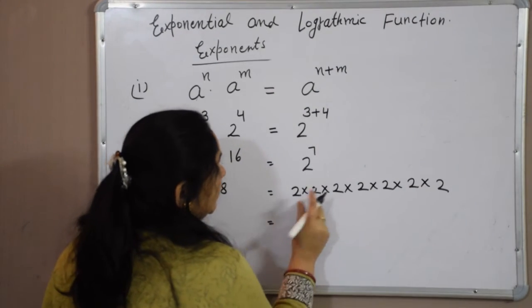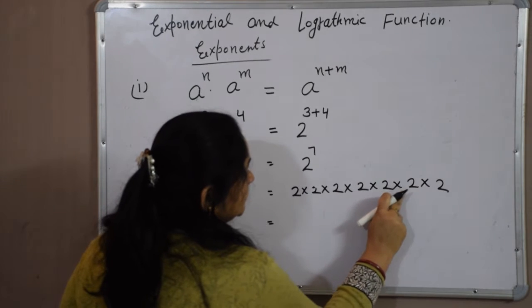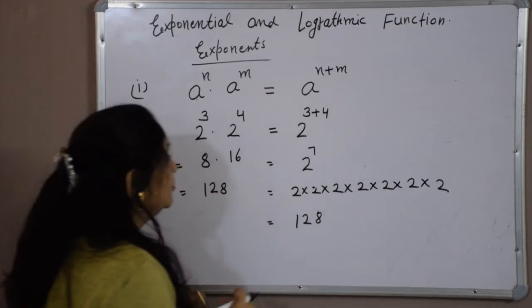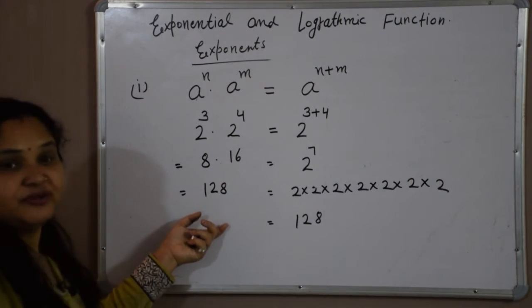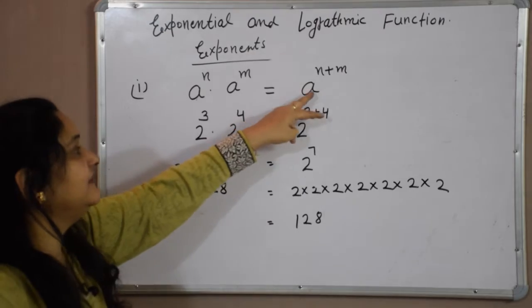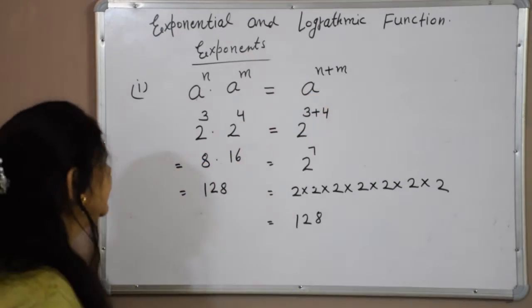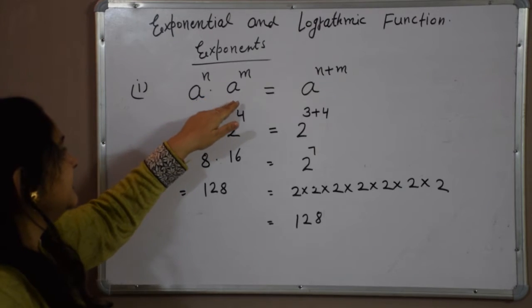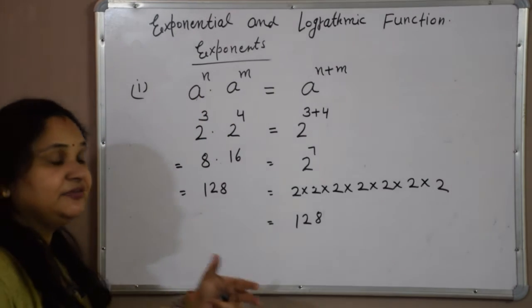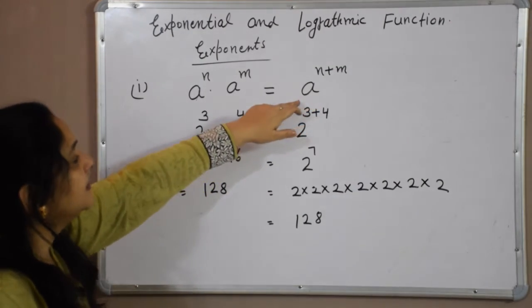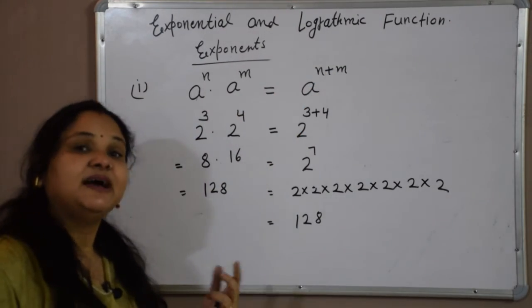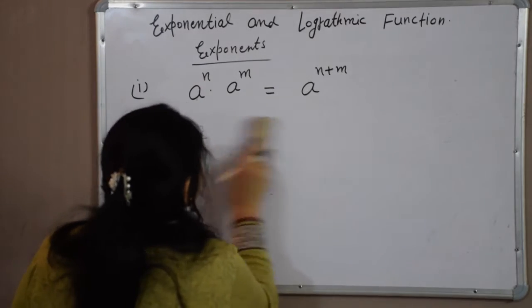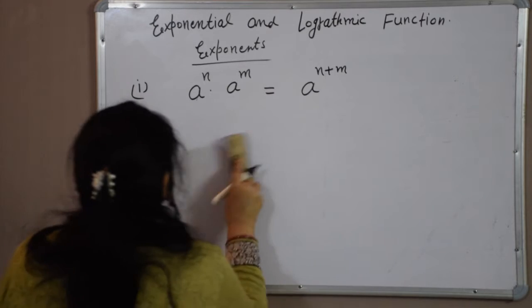Now we have to multiply 2 to the 4 to the 8 to the 16 to the 32 to the 64 to the 128. So no need to make it complicated by solving it directly. It will be very easy whenever we solve it using the property. So this was our first property: if two numbers are getting multiplied and they have the same base but different powers, we can take the common base and the powers get added. We have to add the powers. I think it is clear to you with the example.